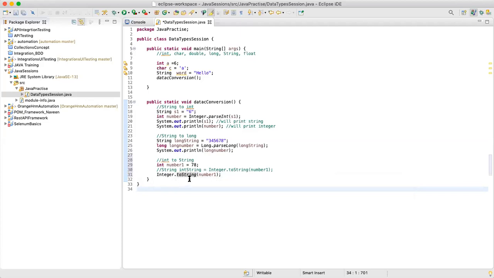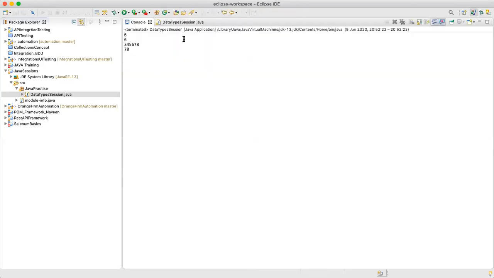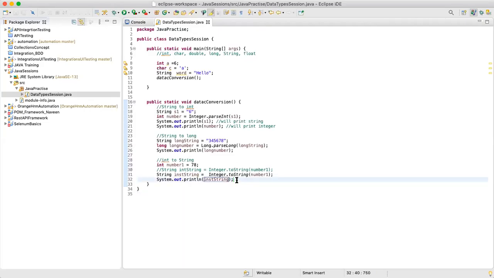So if you don't know what exactly it is returning, you can first hover on that method, and then you go in the reverse way, vice versa. Now you try to save this in integerString, and this is a variable. As we know in Java, every variable has to have a data type this way. So again, now if you say sysout and I'll say integerString, this will print you 78, an integer value to string value. Are we clear with this?